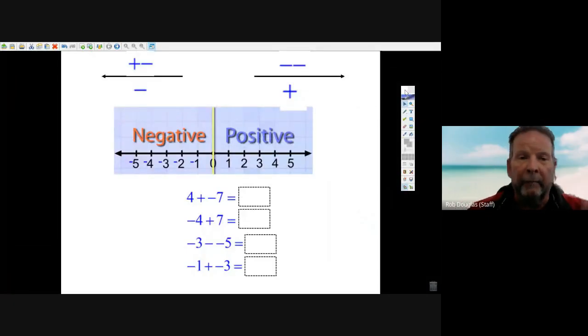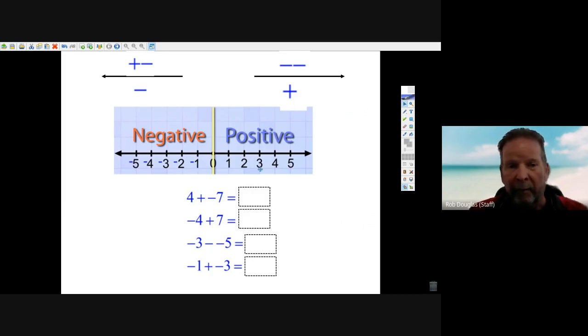Okay, we're going to revise adding and subtracting negative and positive integers. Now, the first thing to get really clear about is what the number line looks like. And when we put the integers, those are counting numbers. These are the whole numbers, 0, 1, 2, 3. The farther you go to the right, the bigger the numbers get. And as you go to the left, the smaller the numbers get, but we label them exactly the same as